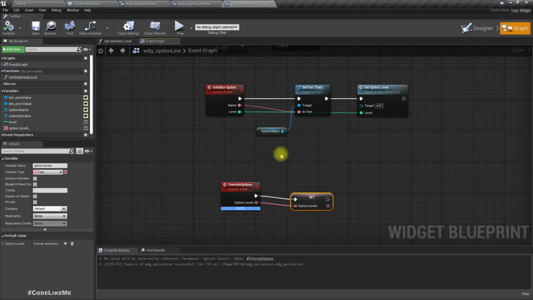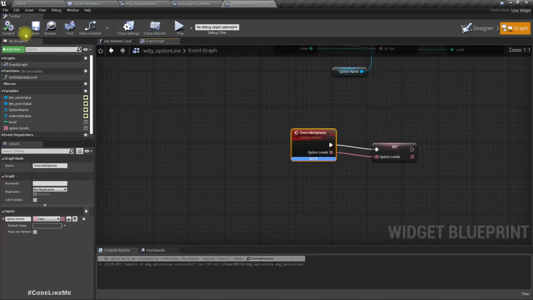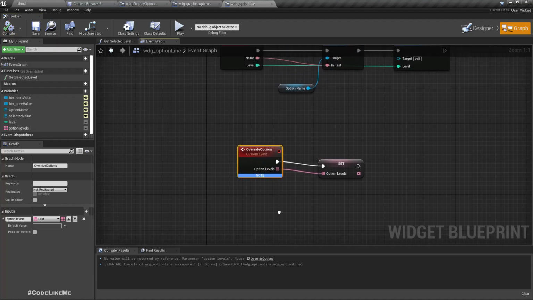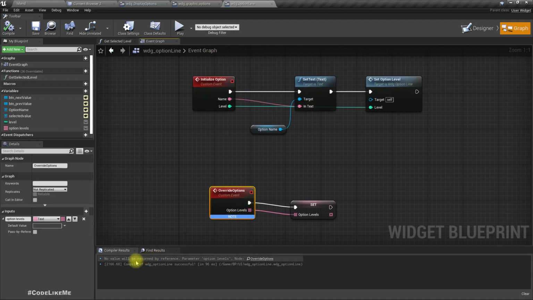Okay. Oh wait, what's this note? Right, no value will be returned by reference. Parameter option levels. Okay, let's